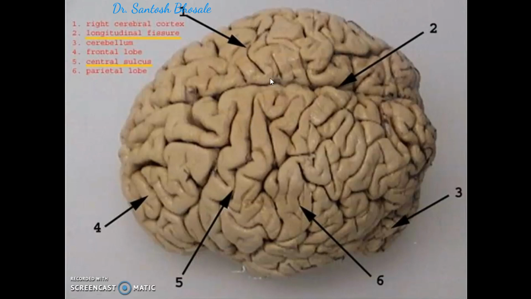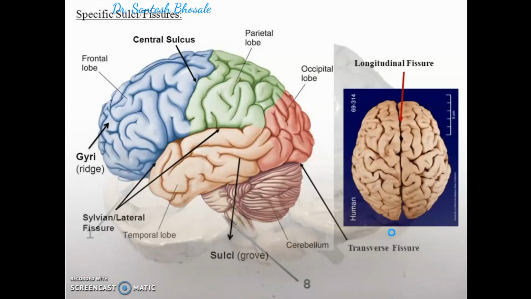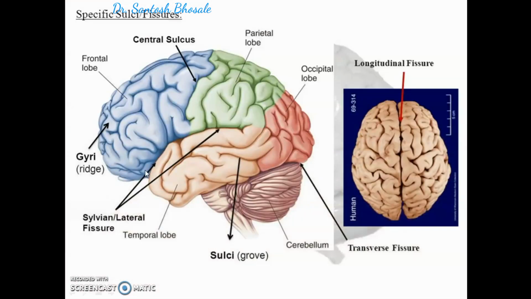Here you can see the central sulcus cuts the medial border, runs downwards, forwards and laterally, and lies just above the lateral sulcus, and that is the median longitudinal fissure. You should remember the features of the central sulcus. So in this view, you can see the origin of the lateral sulcus from the inferior surface, how it separates the orbital surface from the tentorial surface on the inferior aspect of the cerebral hemisphere.